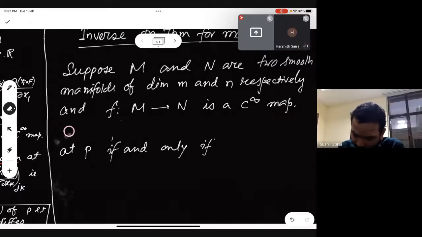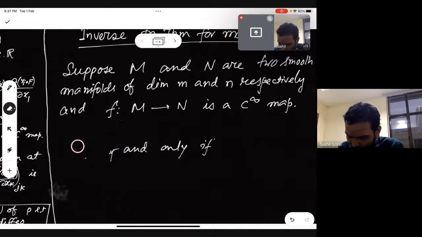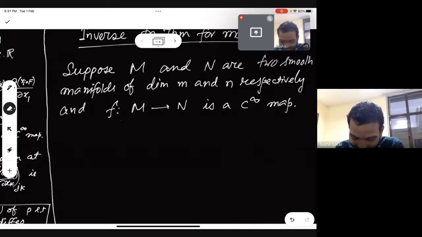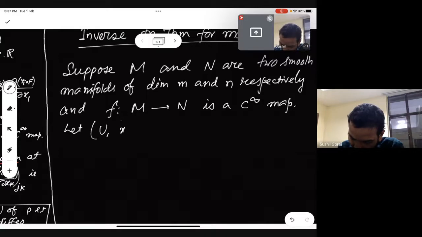It's actually true for any coordinates. So I need to mention the coordinates in the statement. It is true for any coordinates, but so, let (U, x1, x2, ..., xn)